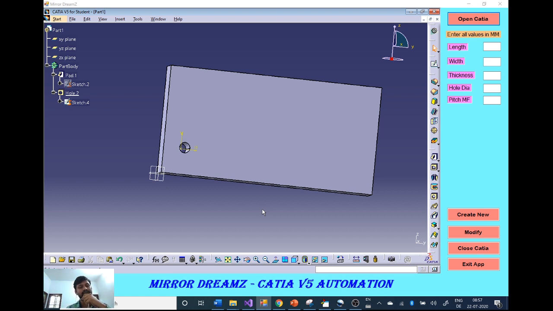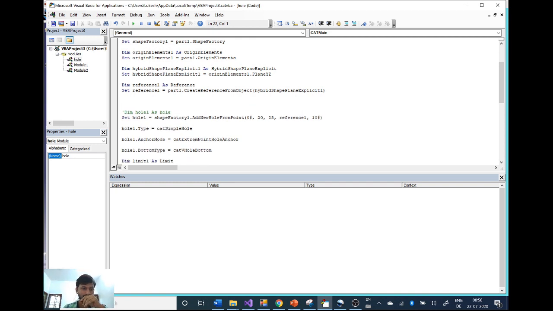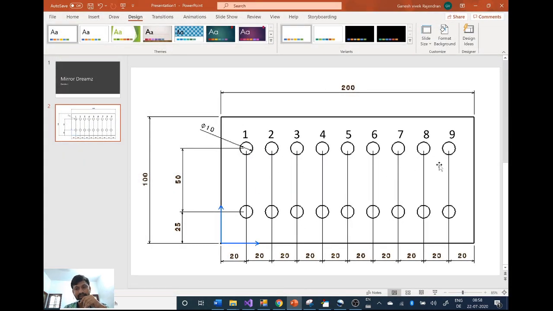Okay, so in this place right now we have to create 8 more holes. To do that, I'm going to introduce a for loop just before the hole starts to create. How many holes do we have to create? 8? No, it's not 8 actually. It is totally 9 holes. So I'm going to enter for I equal to 1 to 9. There are a total of 9 rows. So I'm entering 9. If you forget, I can show you the image. See, it's a total of 9.